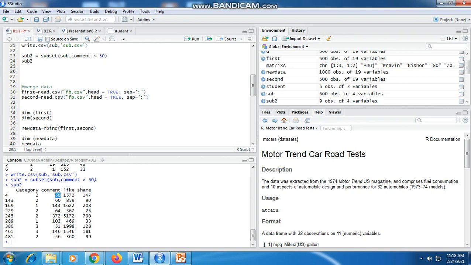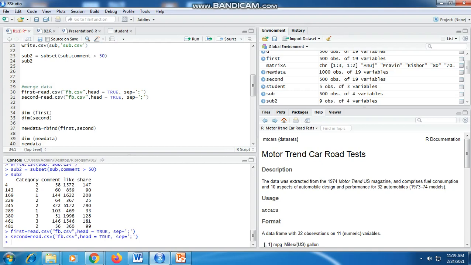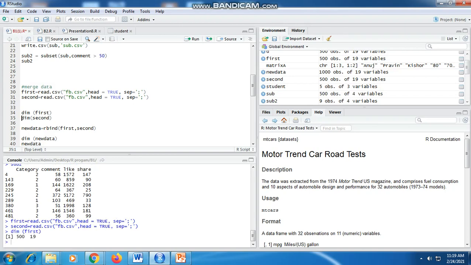Now we'll see merging of data. We'll use the same file fb.csv and store its contents using the read function in the variable first, and in the same way in the variable second. Then we'll check the dimension of first. It is the same as we previously checked, that is 500 by 19.